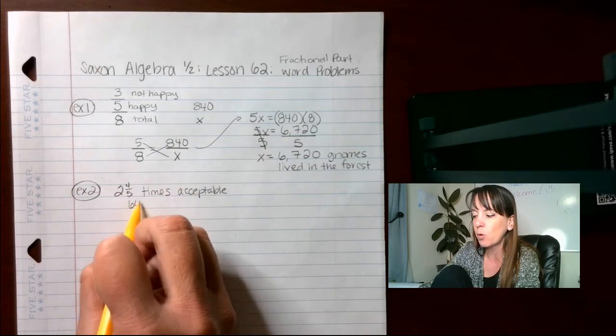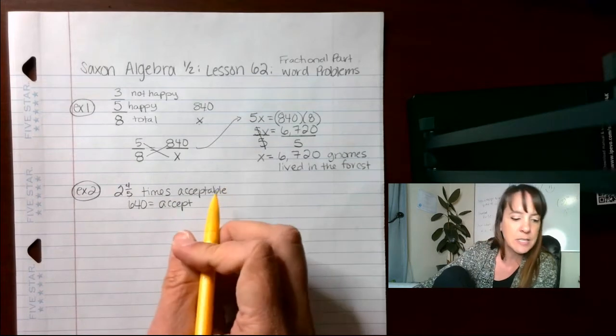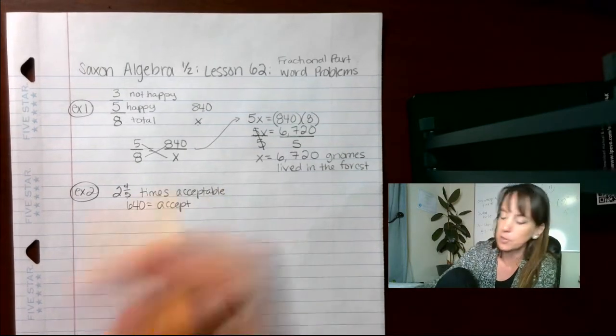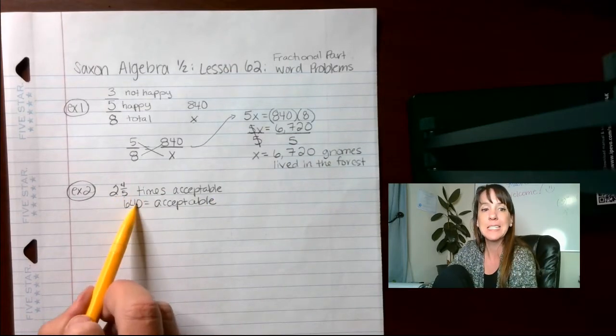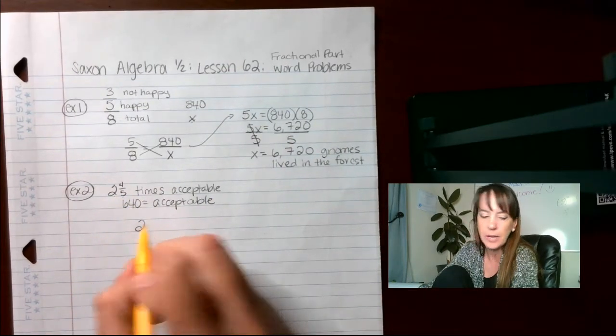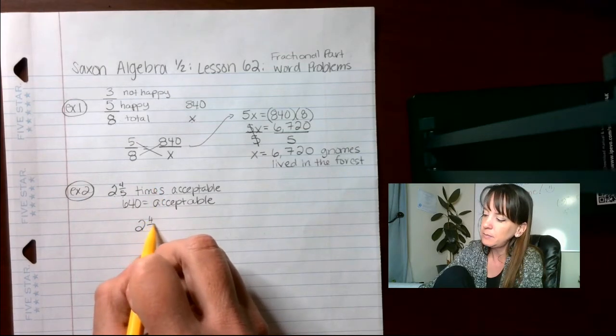And we know that 640 equals the acceptable number, right? Because it says if 640 was the acceptable number, okay? Well, if we take 2 4/5 times that, so we've got 2 4/5 times